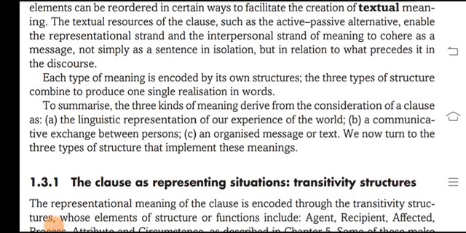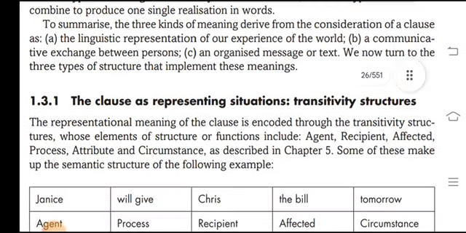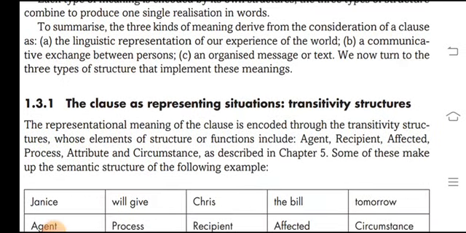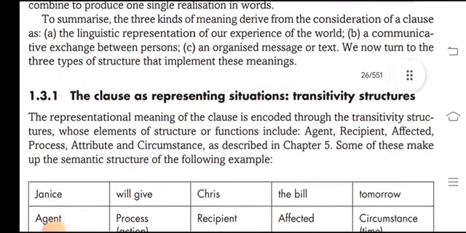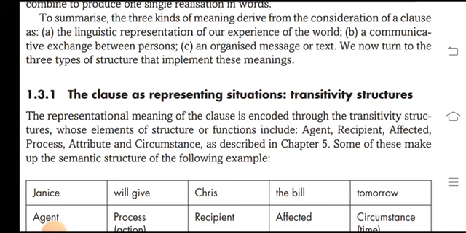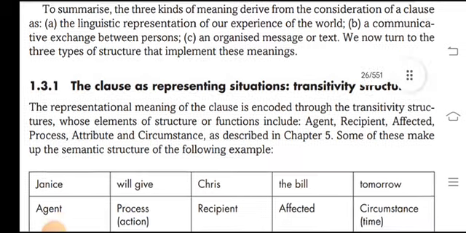to cohere as a message, and not simply as a sentence in isolation but in relation to the precedent discourse. Each type of meaning is encoded by its own structures. The three types of structure combine to produce one single realization in words. To summarize, the three kinds of meanings derived from the consideration of a clause are the linguistic representations of our experience of the world, the communication and exchange between persons, and the organized message or text. We now turn to the three types of structures that implement